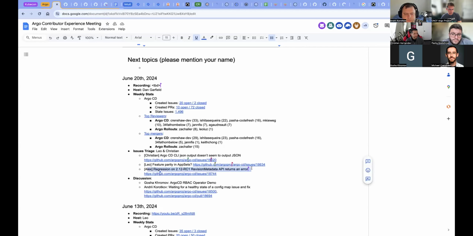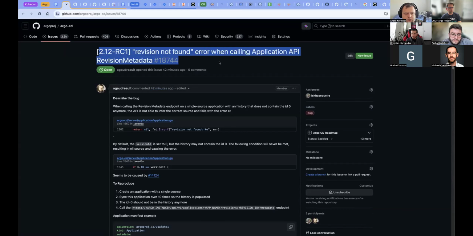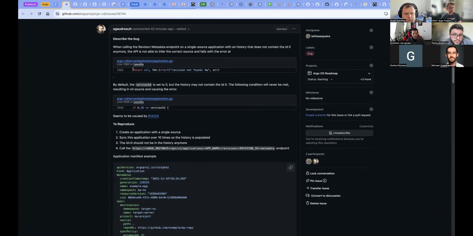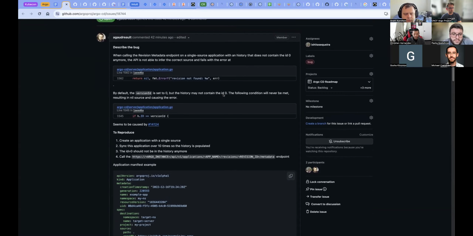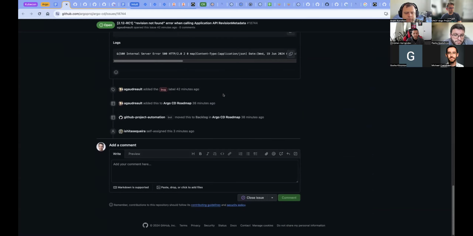Moving on, Alex, I saw you added a new one. Do you want to mention that one? Yeah, so we've just found a little regression in the RC1. There was a new feature implemented in the revision metadata to support multi-source,